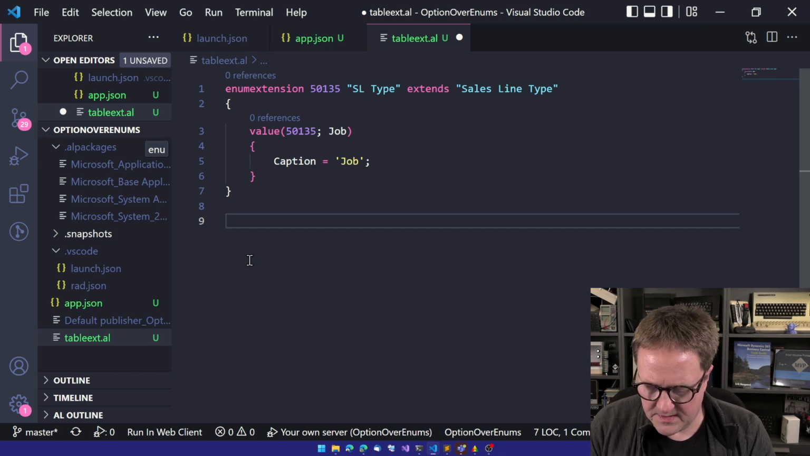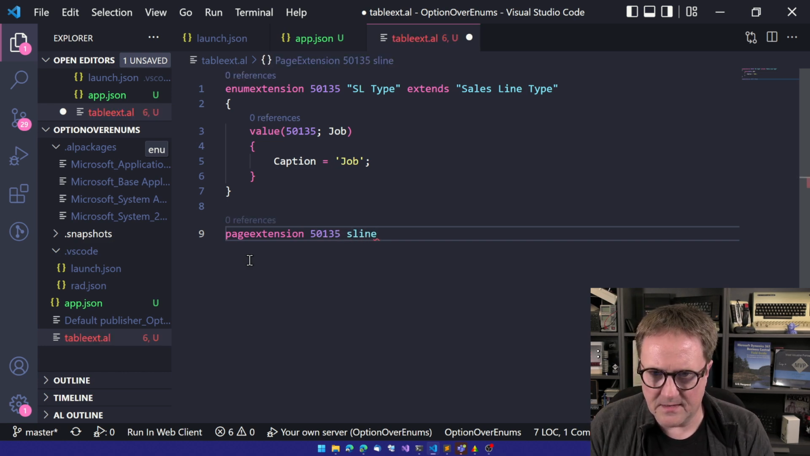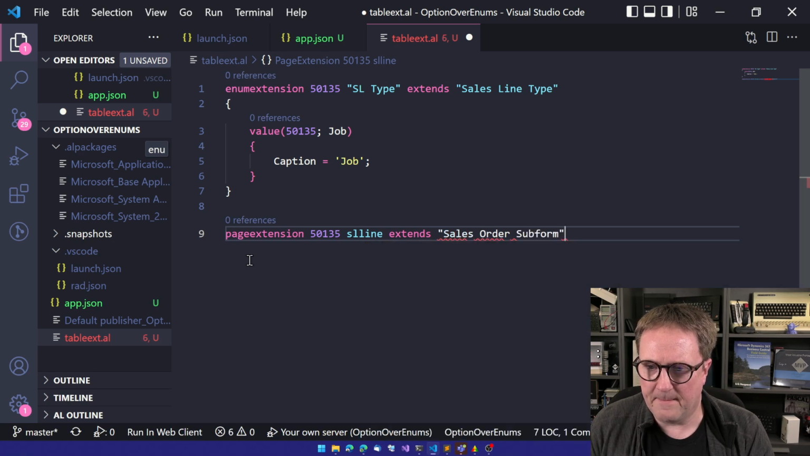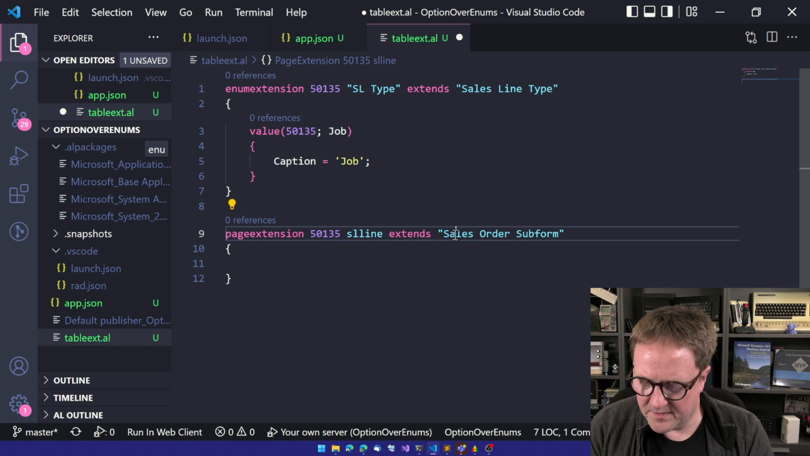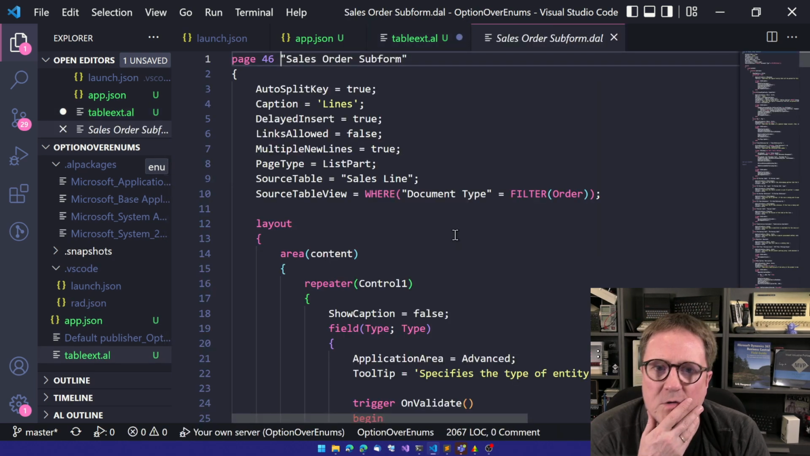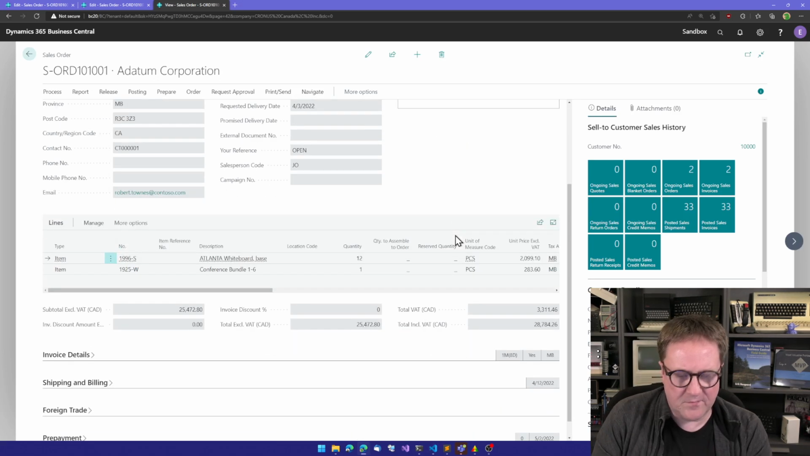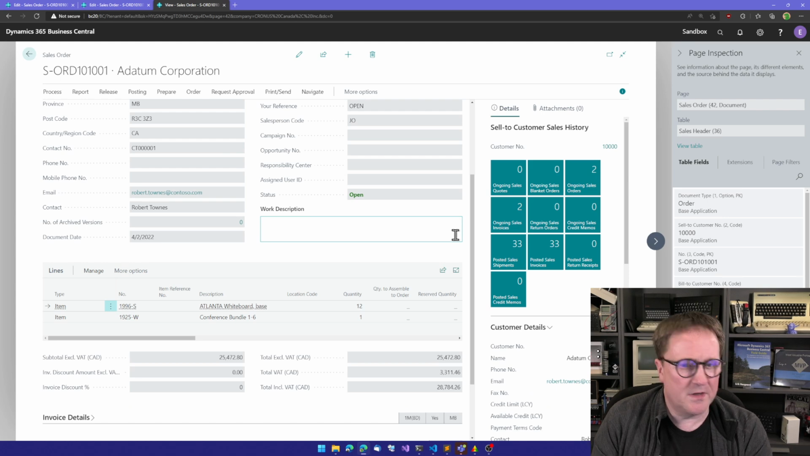So we could just easily do a page extension here. Also, SL line extends sales order subform. Now we'll just go here and hit F12. So let's take a look at this page, which I'm pretty sure is the one we're looking at. We can open the page inspector,